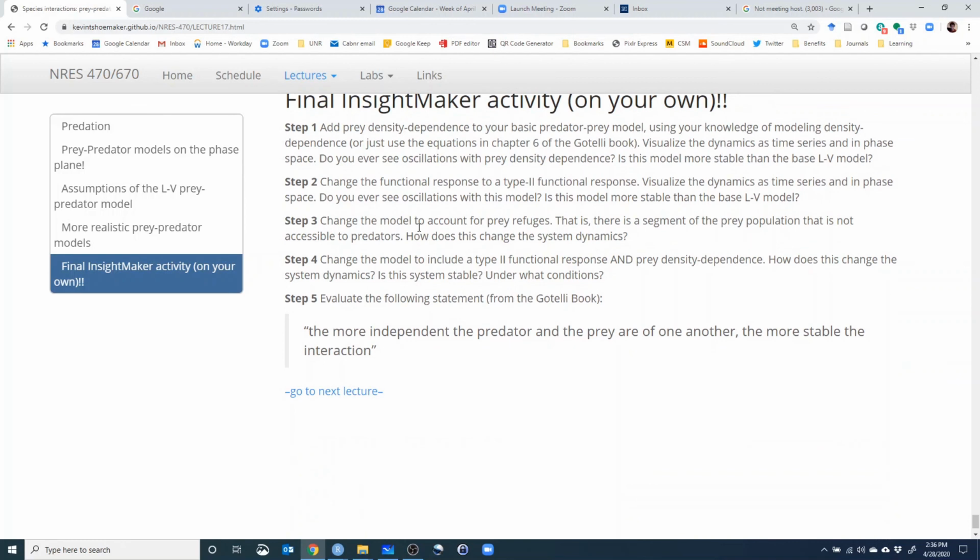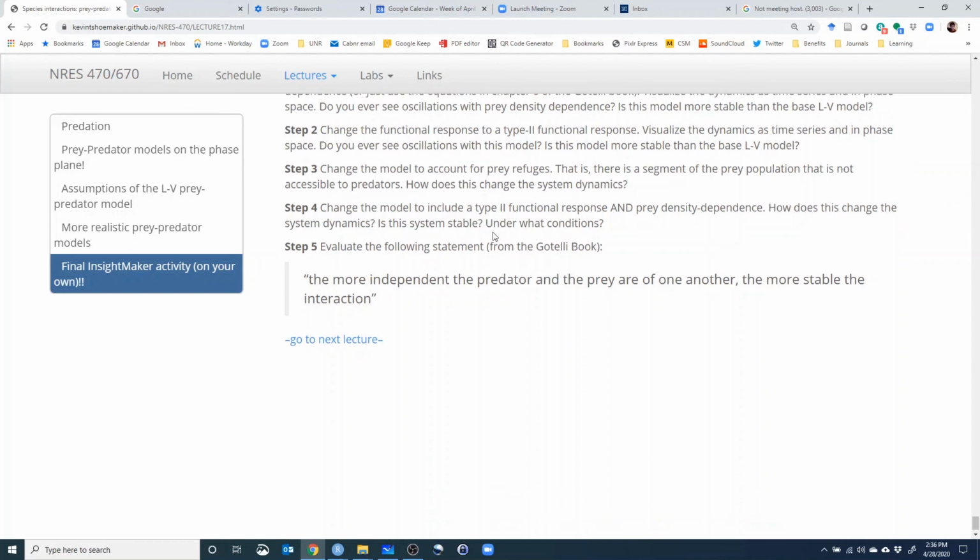And then change the model to account for prey refuges. That is, there's some segment of the prey population that's not accessible to predators. So no matter how many predators there are, they have a refuge. This is a certain percentage of the prey population. Try implementing that, and